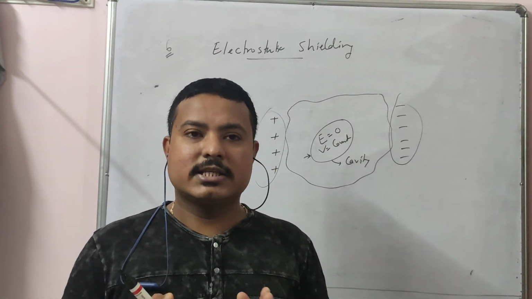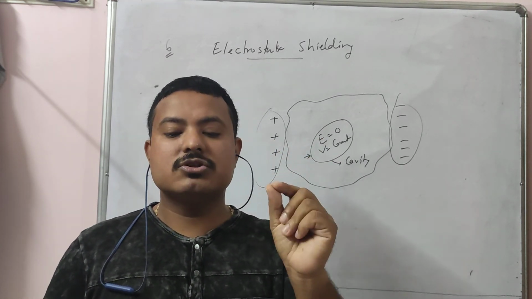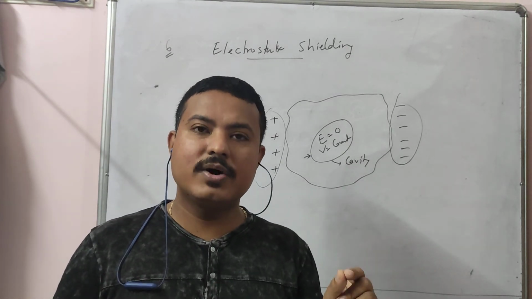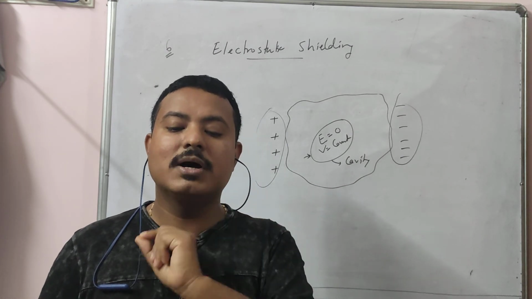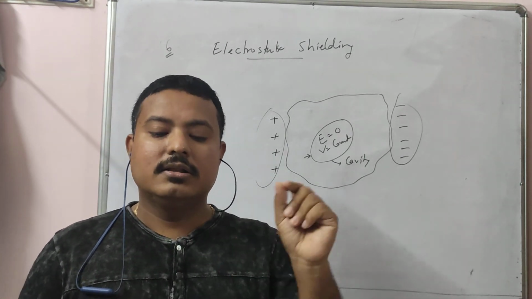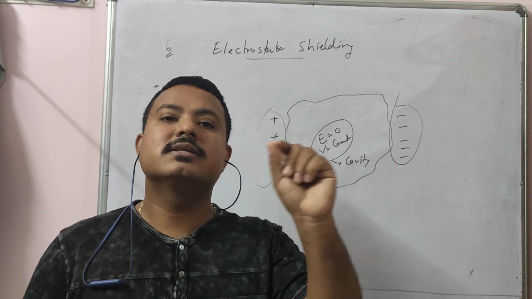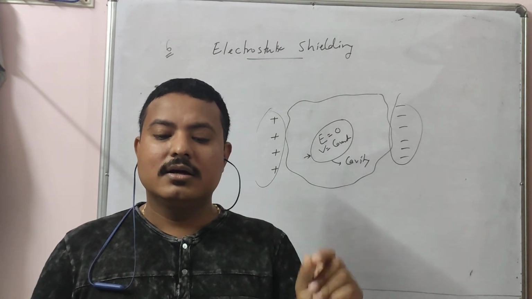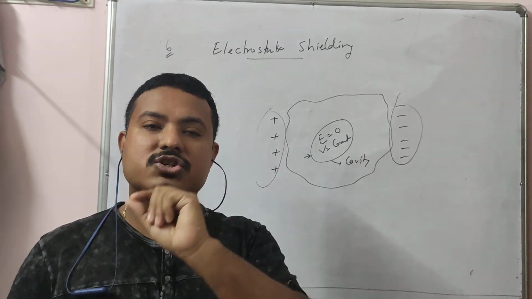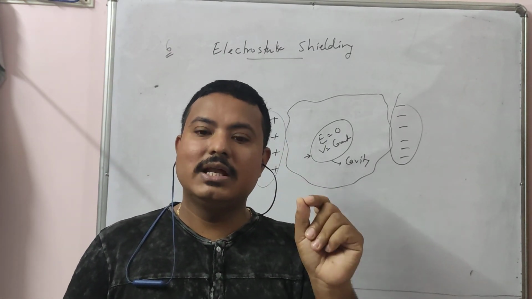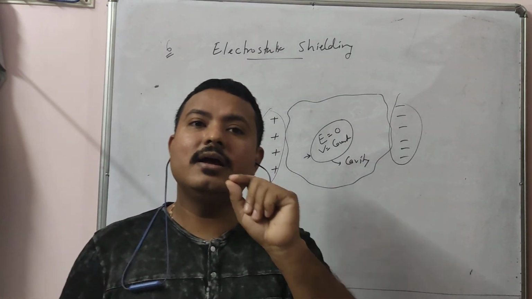So I have explained 6 properties. The first one: inside a conductor the electrostatic field is zero. Second, at the surface of a charged conductor the electrostatic field must be normal at every point. The third, the electrostatic potential is constant inside a conductor. Fourth, the interior of a conductor can have no excess charge in the static situation. And fifth, the electric field at the surface of a charged conductor is sigma by epsilon.